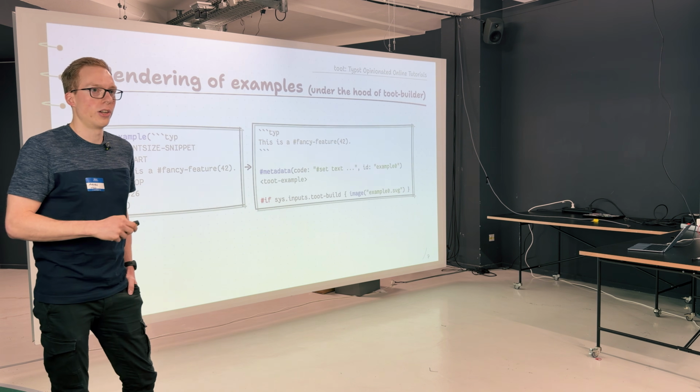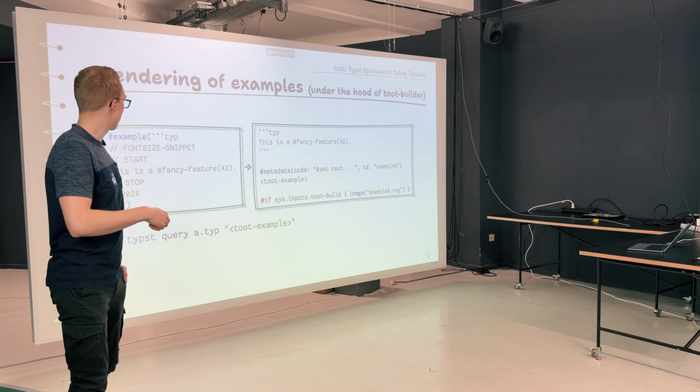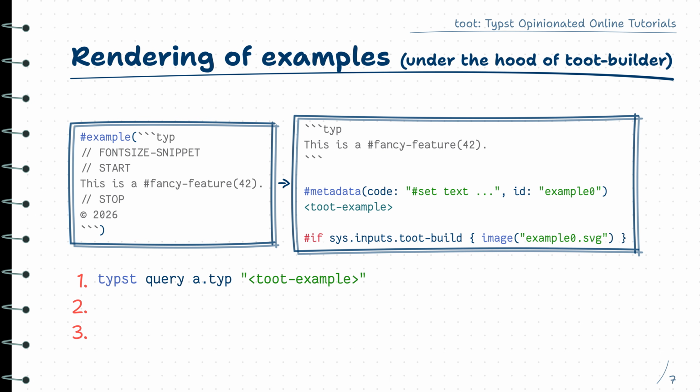Okay, so this is how the code gets expanded. Now, what does the Toot builder actually do with this? First thing is it queries this file. So let's say it's called a.typ. Then it would query it for this Toot example label, and it would give it all the metadata containing all the code of the examples. Then it can just pipe this code into the Typst compiler, generate an SVG out of this,